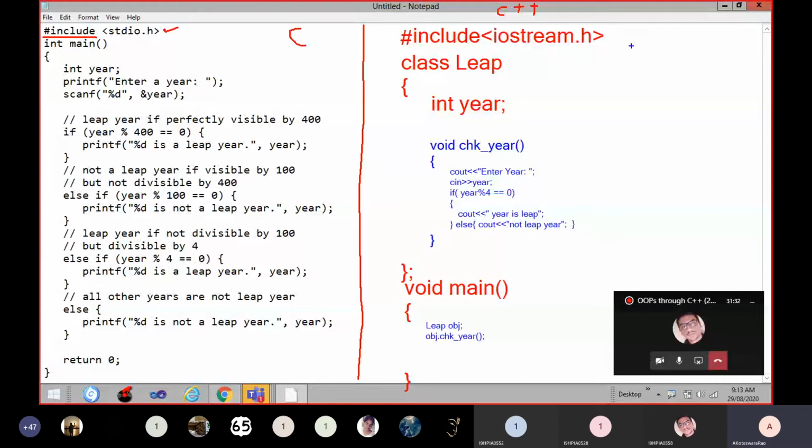Now, is it over? All of you should maintain running notes properly. It is very, very important.